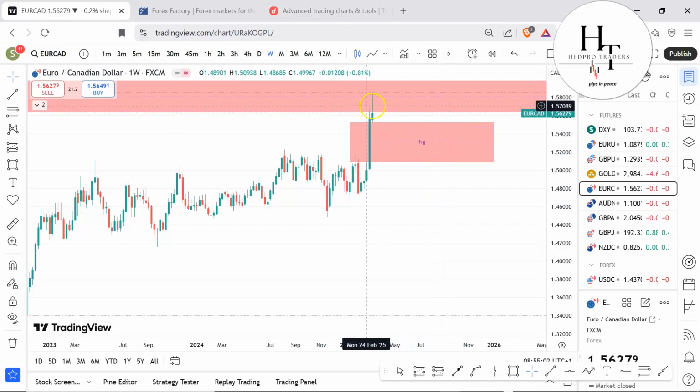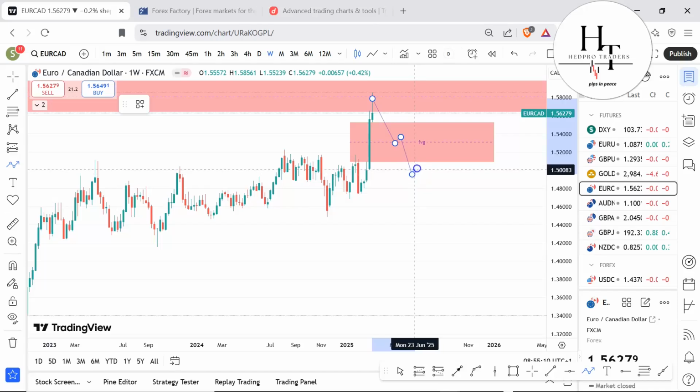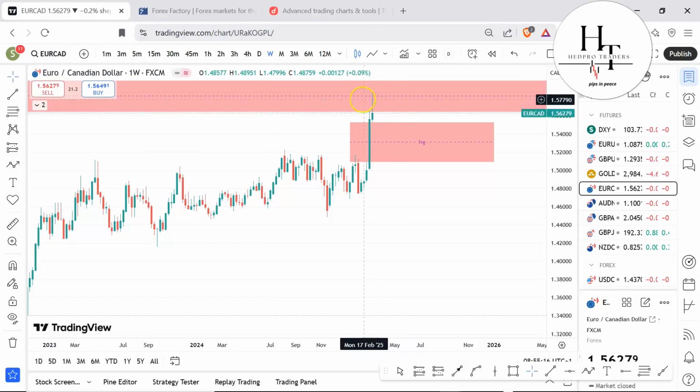First of all, you target the midpoint of the fair value gap. If price will trade into it, then watch if price will trade out of it again to see if price will trade downwards, right? So that is to say if we get a confirmation of a reversal from this point. So these are my views for the market this week, and if you are finding